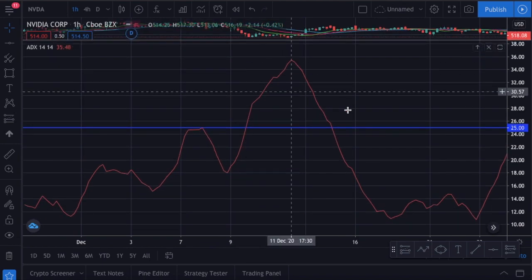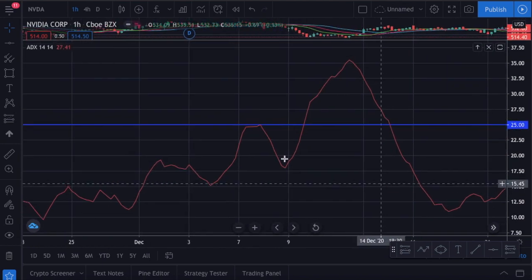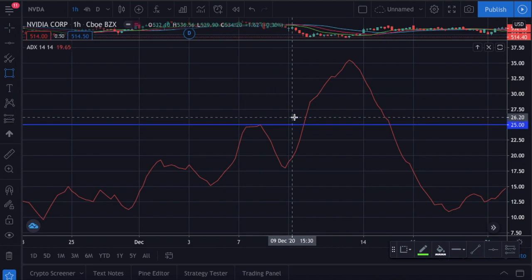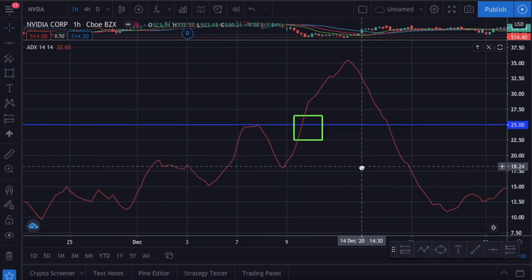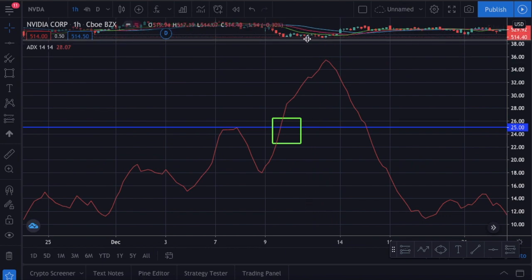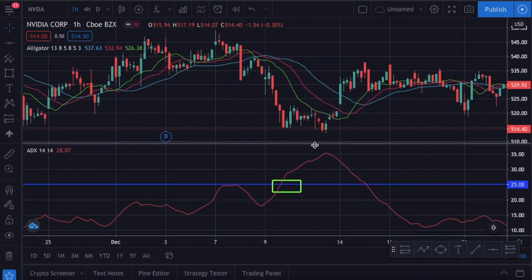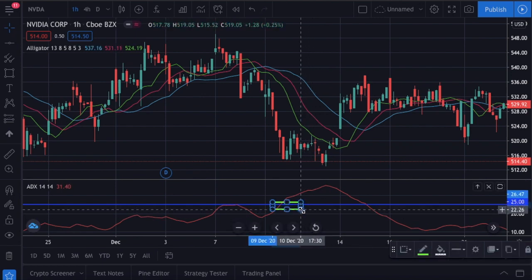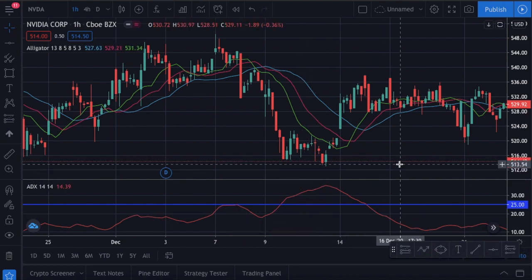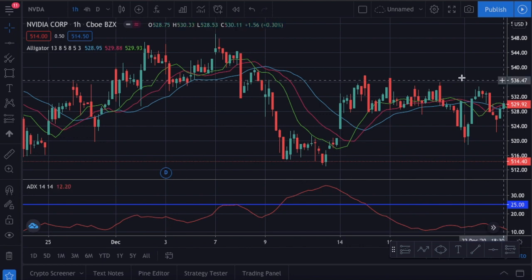We will put a horizontal line on the ADX chart, and the line will be at 25. It indicates a strong trend if the ADX value is higher than 25. So in today's strategy, we will open positions when the ADX value crosses above the 25 value. In this strategy, the ADX value will give us the entry signals, and we will use the Williams Alligator for confirmation.